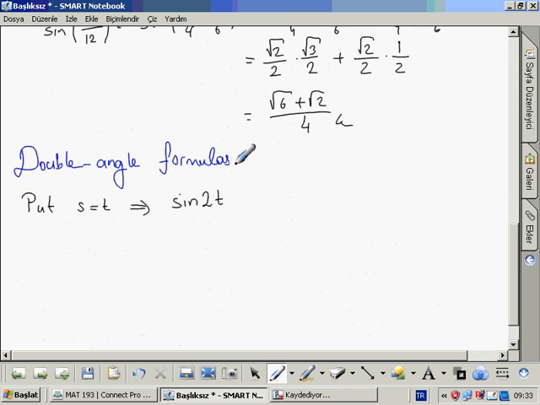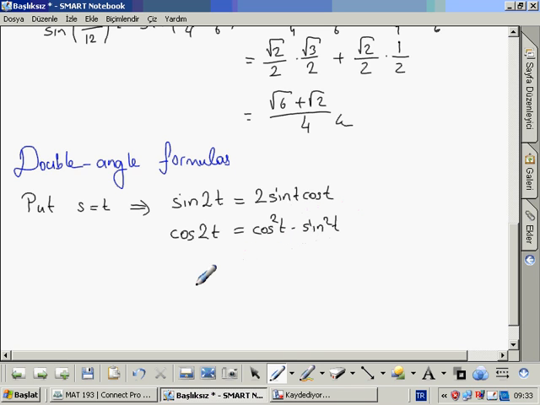And sine 2t equals 2 sine t cosine t. And when you put it again into the cosine formula, you will obtain cosine 2t equals cosine square t minus sine square t,